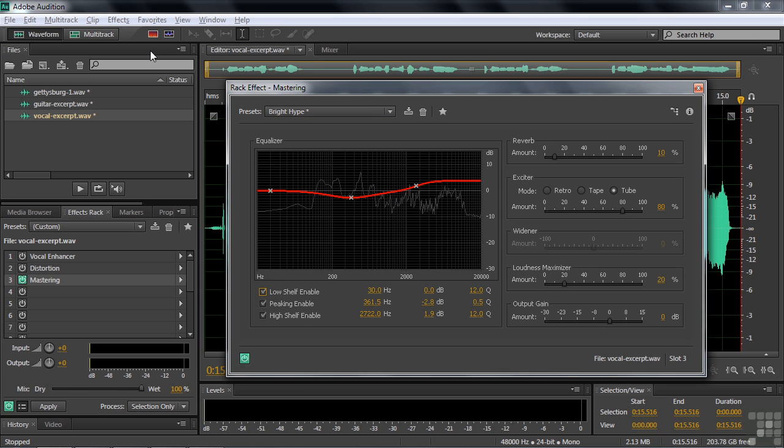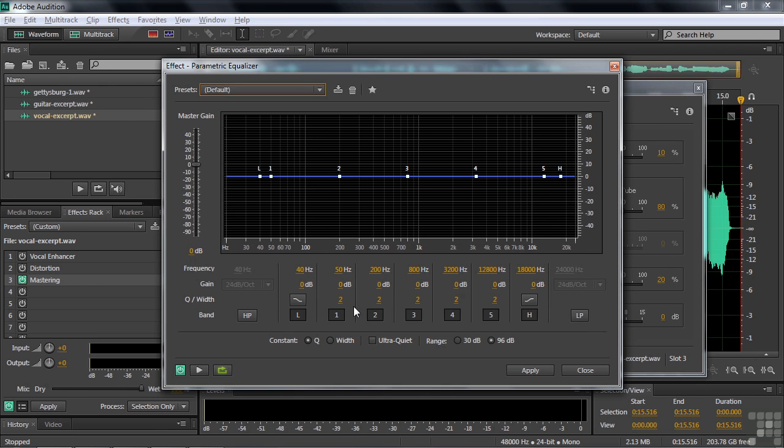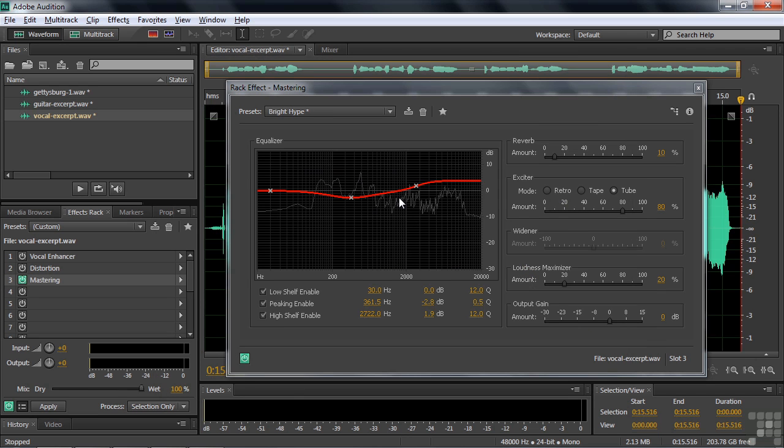You know, why use this when you can go to filter and EQ and look at parametric equalizer, and you've got 7 here, plus the high pass and low pass. So here you have only 3. You have a reverb with only a single slider. Why take a reverb with a single slider when you've got 5 reverb effects that have all kinds